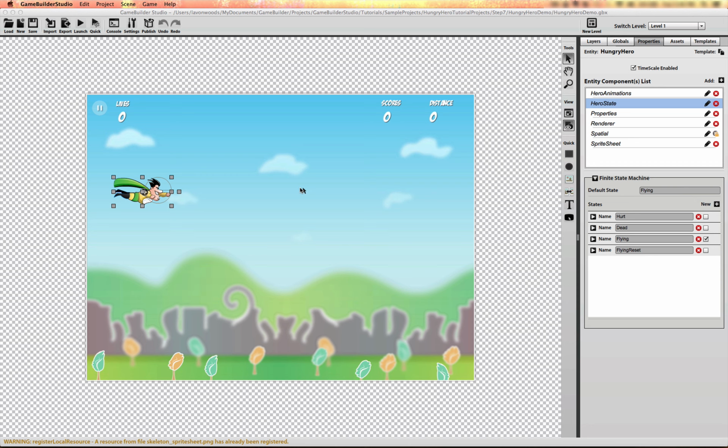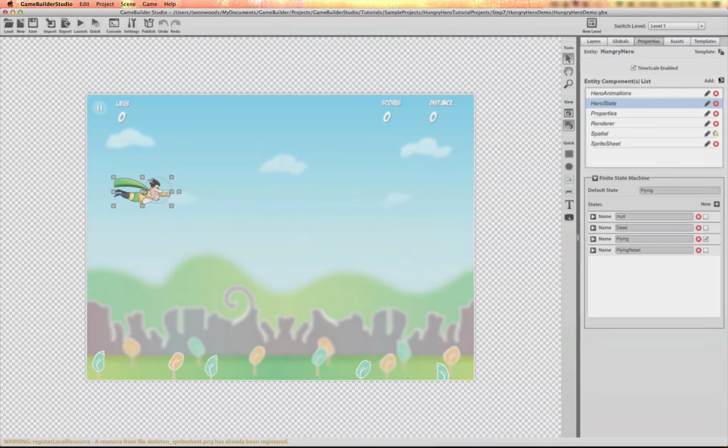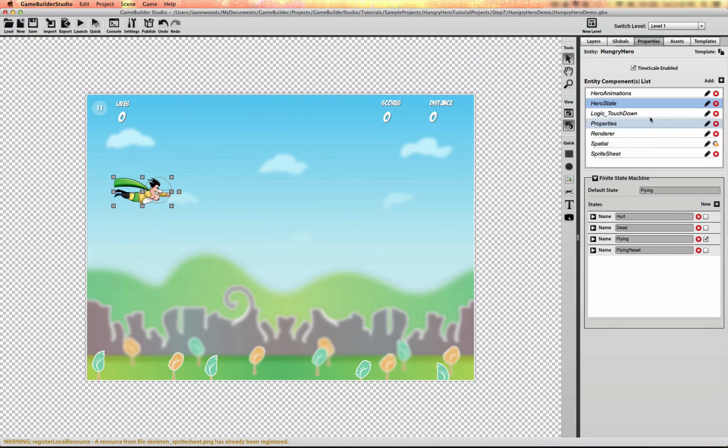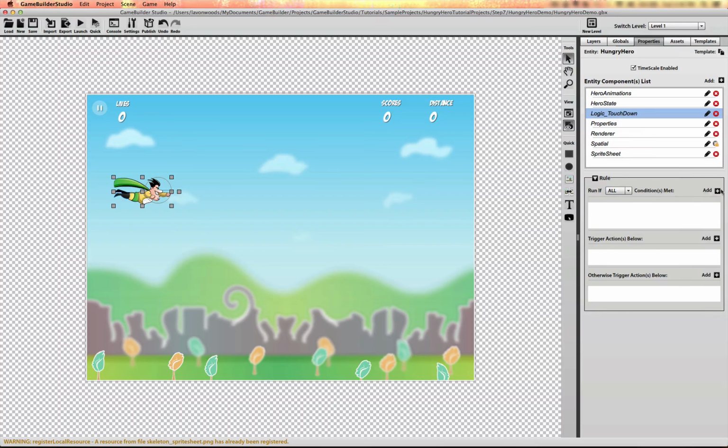Now, while the player is moving their mouse or their finger along the device up and down, we want to move the character along with that, and we only want to move it up and down along the y-axis. So we're going to do that by adding a logic component or a rules component, and I'm going to call it logic touchdown. And we need to check to make sure that the character is in the flying state,